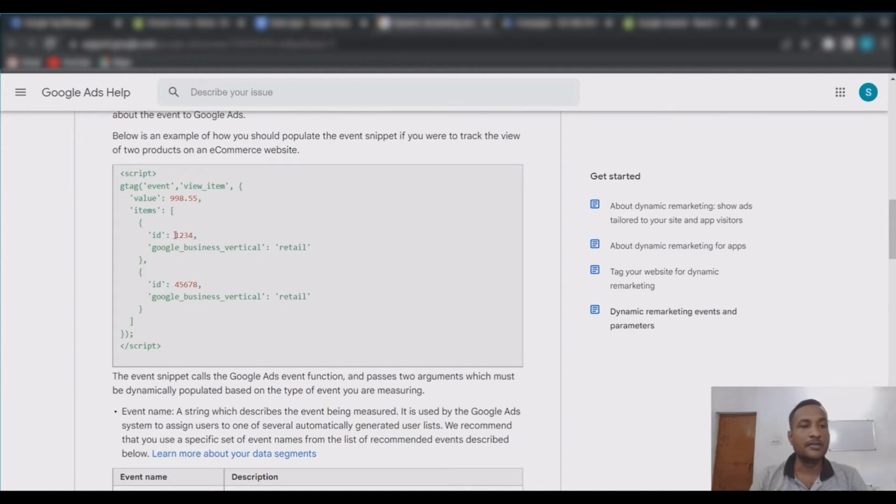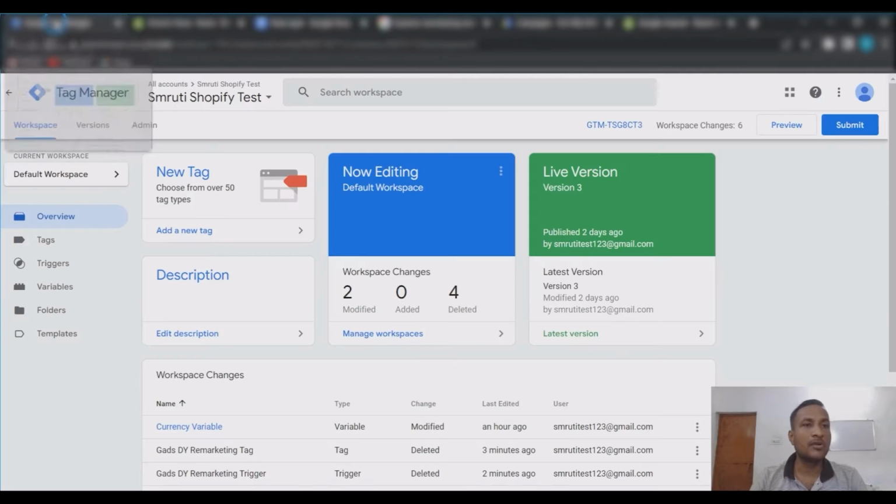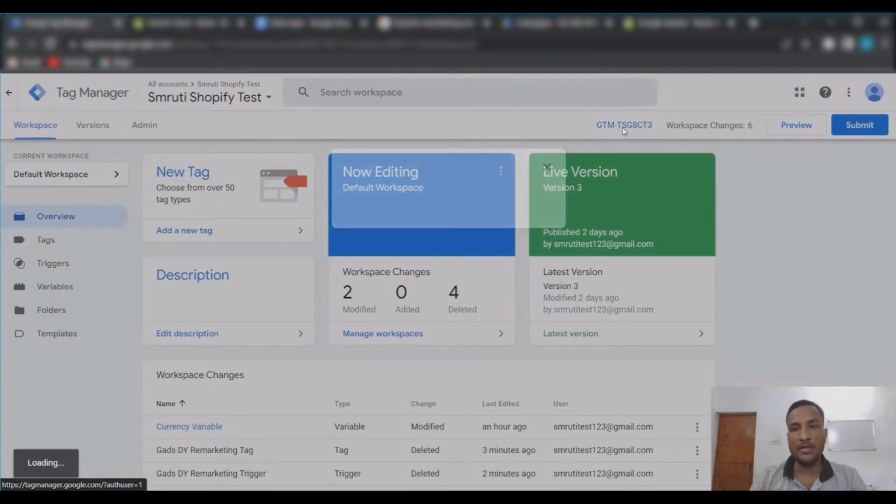ID is most important to run dynamic remarketing campaign, and this should be your product ID, and this should match with your ID present inside your Google Merchant Center. So it is very important to match. If it won't match, then you can't run dynamic remarketing campaign. So these things you need to consider. First of all, you need to set up Google Tag Manager. I have already shown you how you can set up. You can click here,